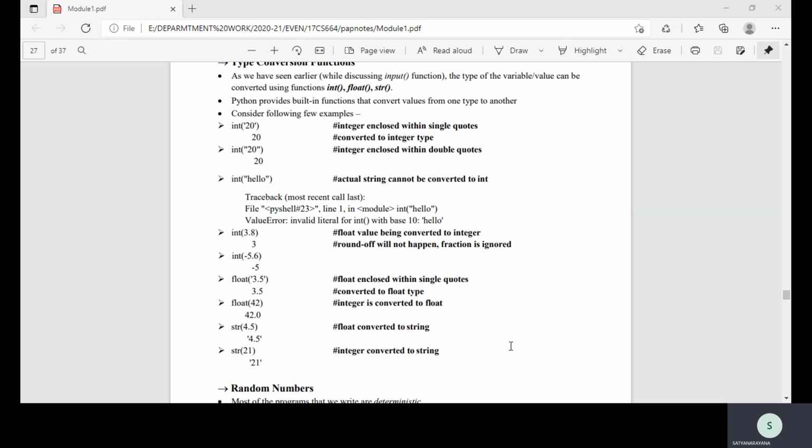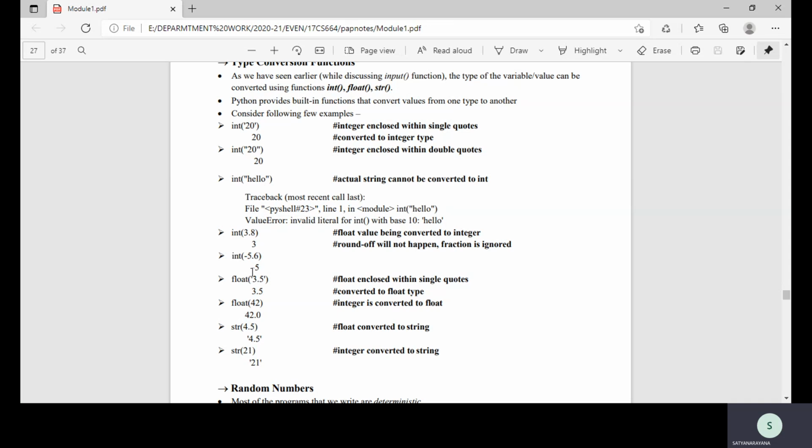Say for example, integer of 5.6, right? So you can see the integer of 5.6, or integer of minus 3.2. So minus 3.2, it is minus 3. See, like this, you can do the type conversion.